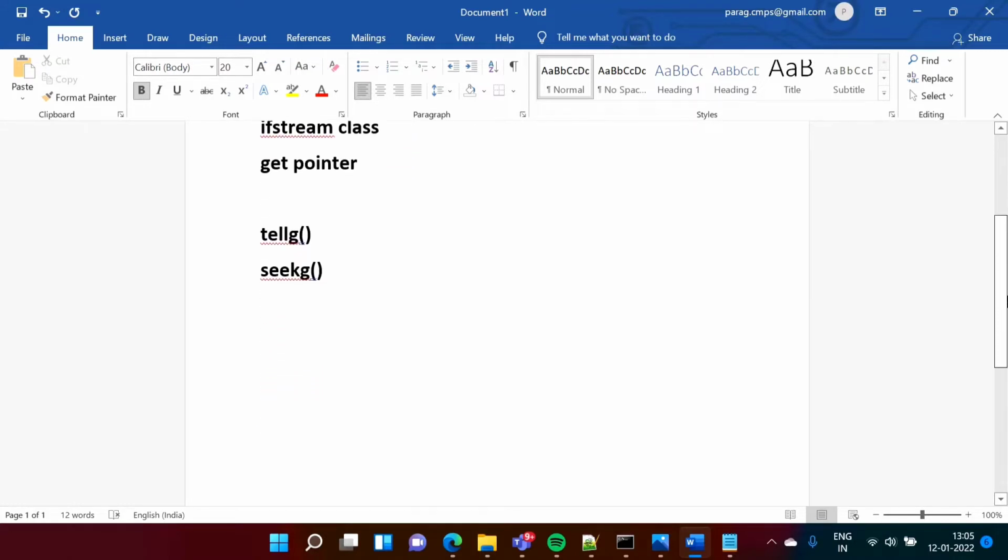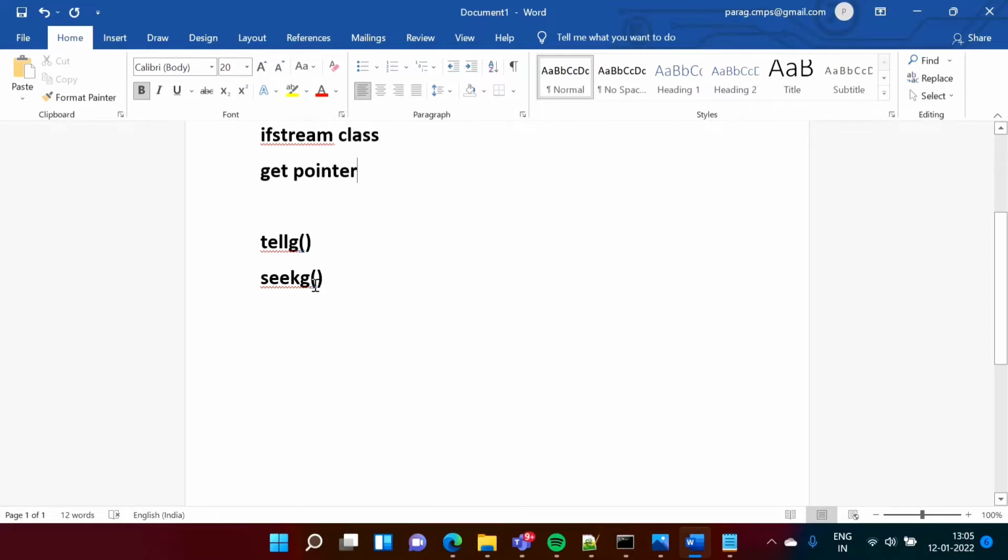Now see, when we are using the ifstream class, it is related to the get pointer. There are two functions, the tellg function and the seekg function. The tellg function returns the current position of the get pointer, while the seekg function is used to move the get pointer.